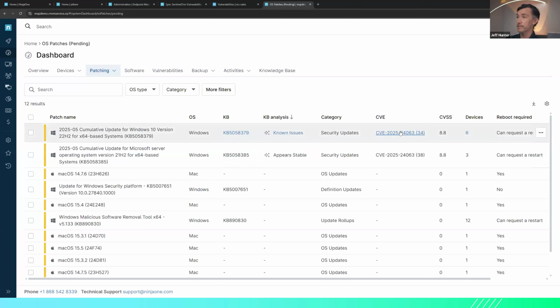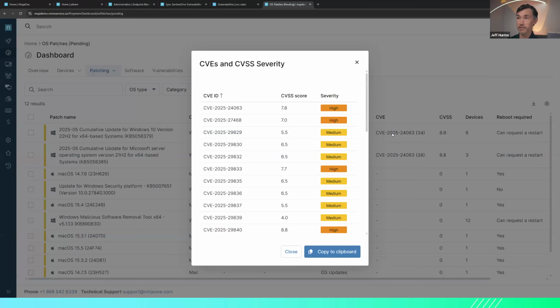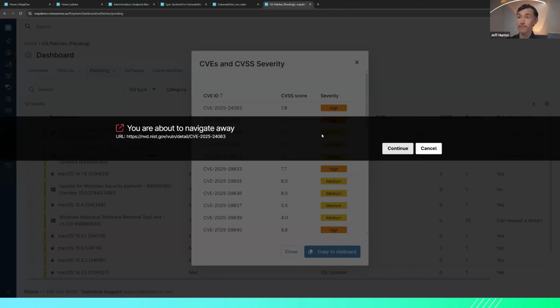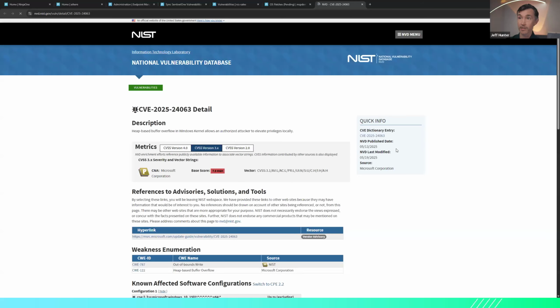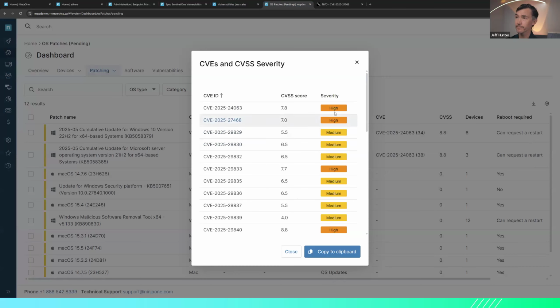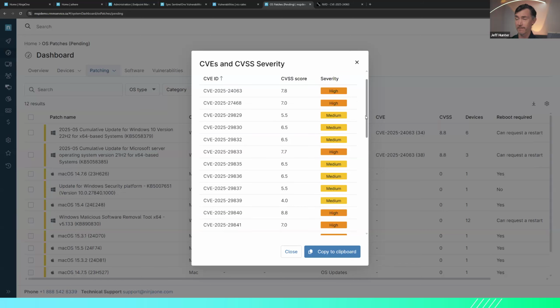Now, one other thing that we can see here is that we have the CVE information. This is something that we've had for a few releases now. We have the actual CVEs. You can click on these, and this will take you to the NIST website if you want to read up more about the actual CVE itself. And you can also see the CVSS score and the overall severity of this